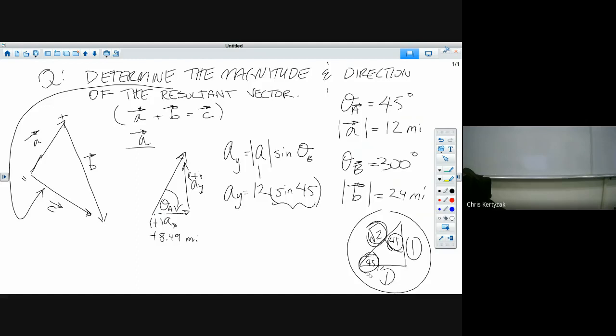Pick an angle like 45. Opposite would be 1 divided by hypotenuse, which is root 2. Or if I pick this 45-degree angle, opposite would be 1 divided by hypotenuse, root 2. Oh, so sine of 45 and cosine of 45 are both 1 over root 2? Yes, they are. Because if this was your 45-degree angle right here,